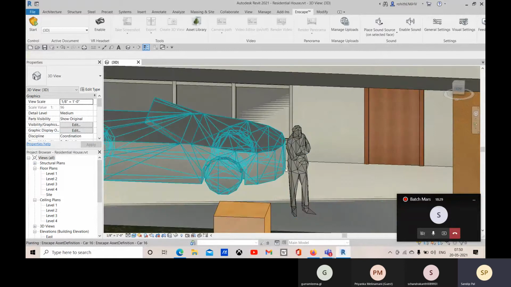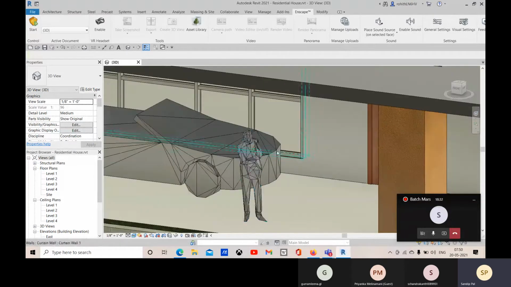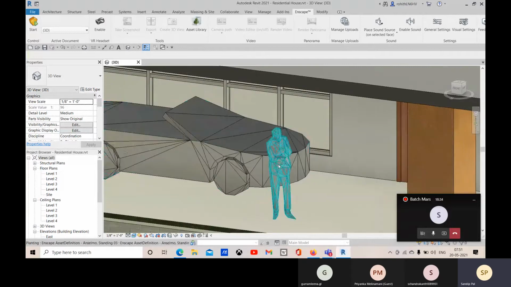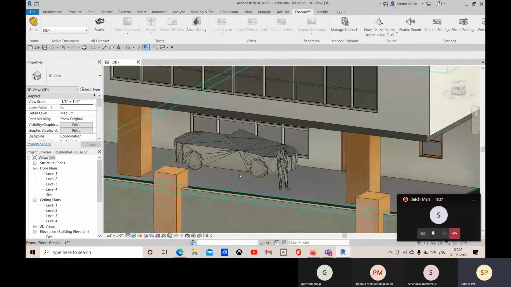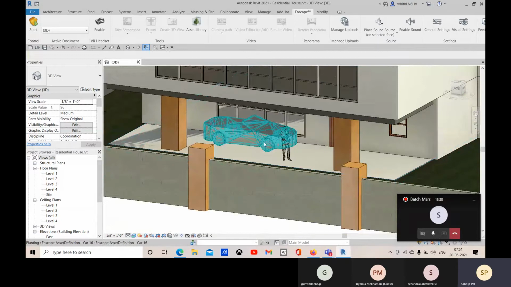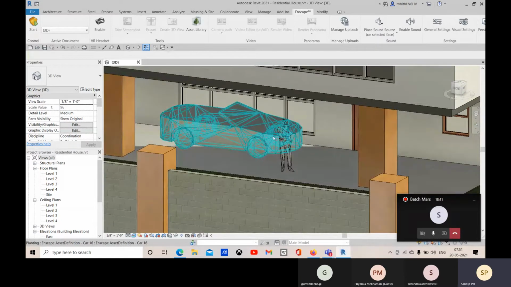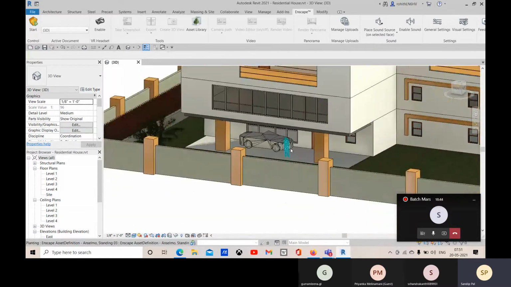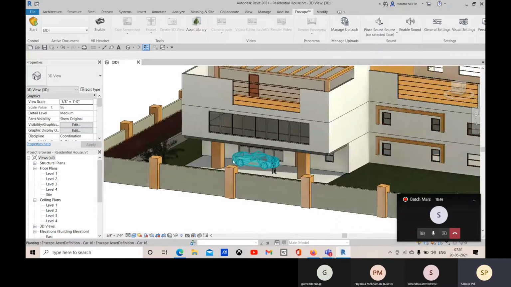These objects are like a mesh model right now, but when you open in Enscape, these will be looking like a proper car and proper man and the proper object, but these assets cannot be rendered in Revit. These objects are only rendered in Enscape. Okay, so even if you try with rendering mode, that won't be visible.